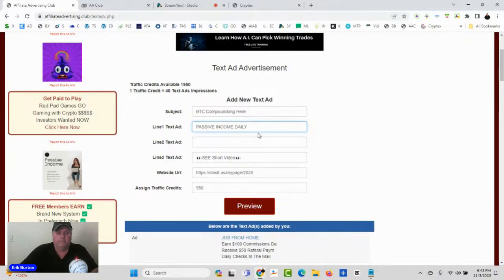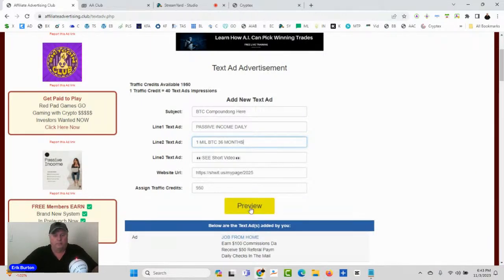Daily. And then I'll just type something in here. I'll go, earn 1 million BTC in, maybe it won't do that, 36 months, or say 1 mil BTC 36 months. That's actually pretty good. You can preview it now